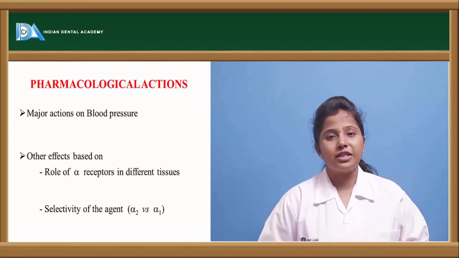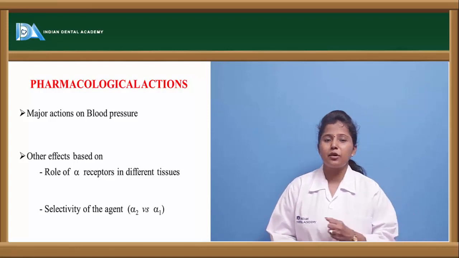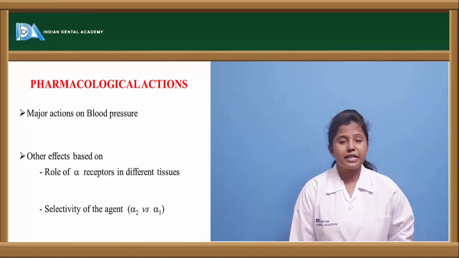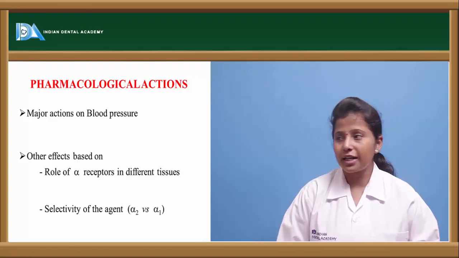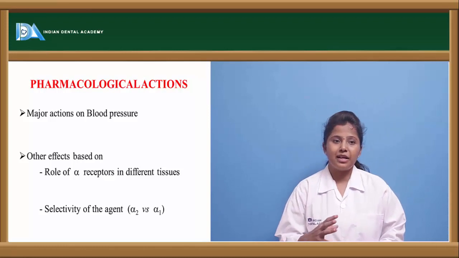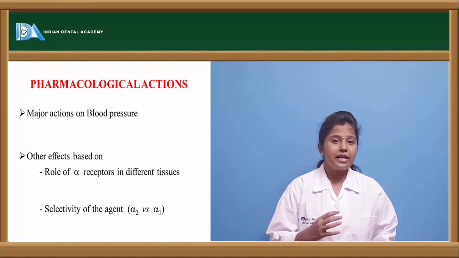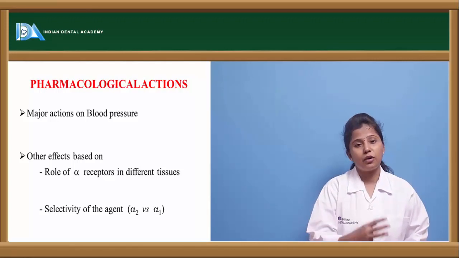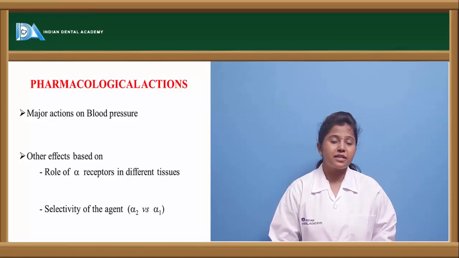Let us see the pharmacological actions. We saw the effects, how the effects are showing. Let us see the pharmacological actions of this alpha receptor antagonist. Majorly, there will be fluctuations in the blood pressure, because the alpha antagonist, if it is binding to alpha 1 receptors, then there will be a fall in blood pressure. If it binds to alpha 2 receptors, there will be